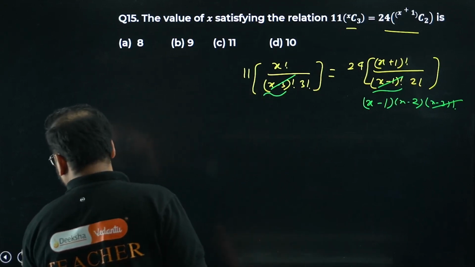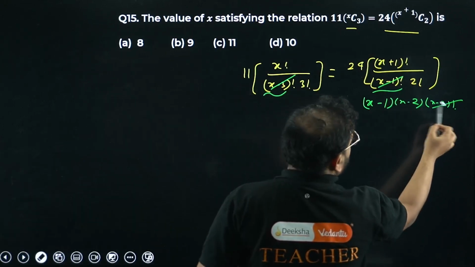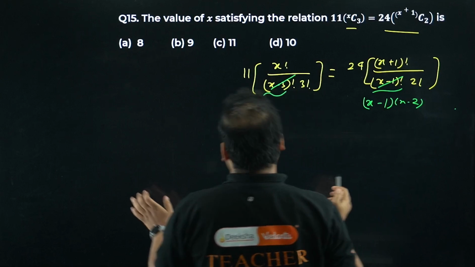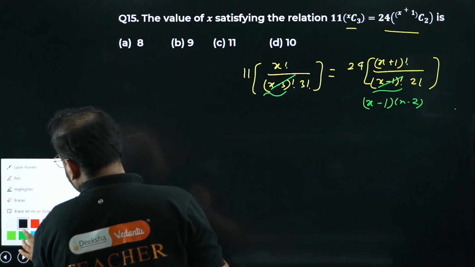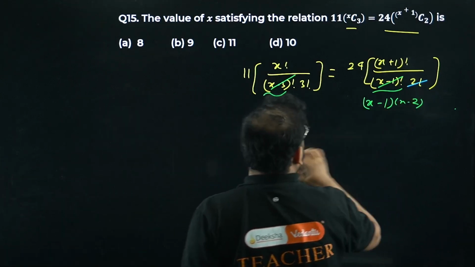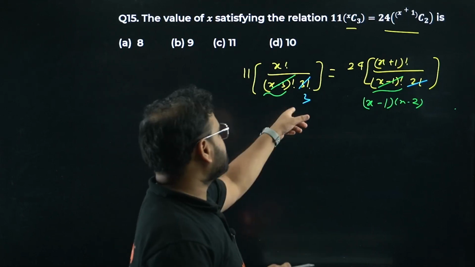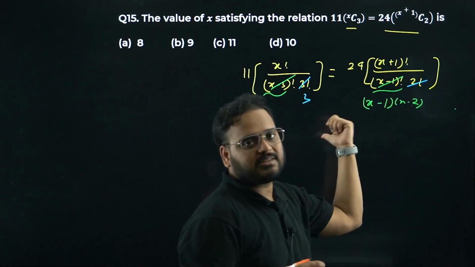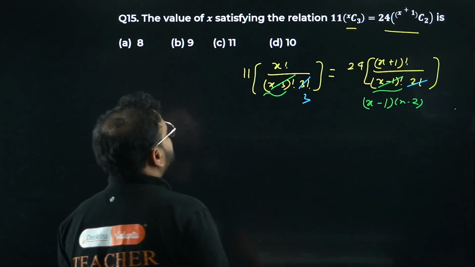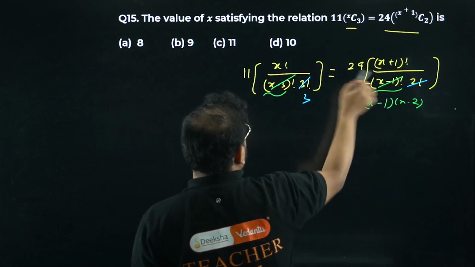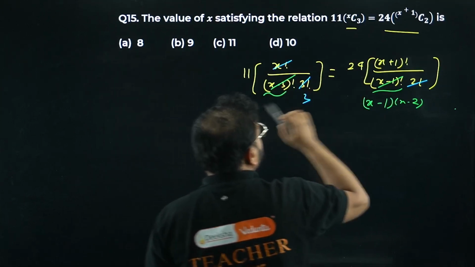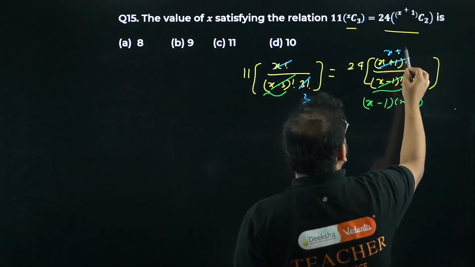Great, sir. Now remove this part out. I don't want that over here. And of course, we can cancel this as well. We have here 2 factorial, and we have 3, which means we can cancel this with 3. What is 3 factorial, sir? 6. This is 2. Cancel with 3. Same way, this is bigger, so I can cancel this x factorial by this simply by x plus 1. What am I getting over here?